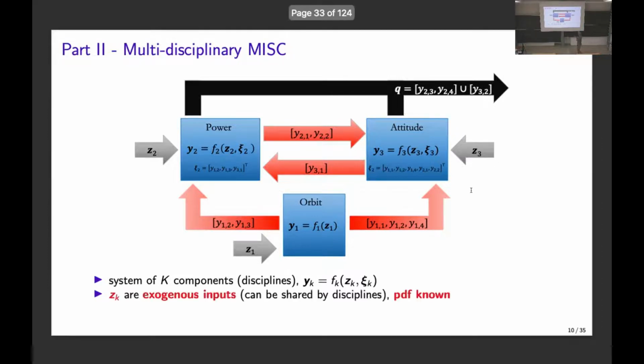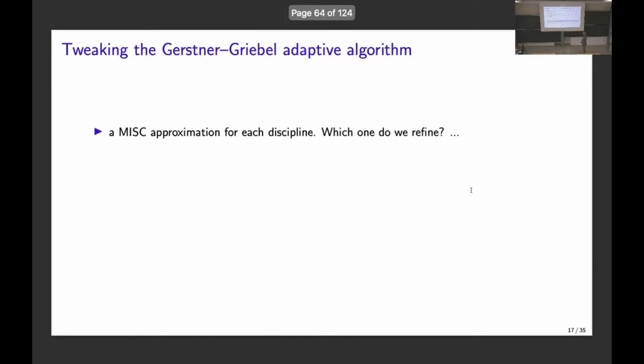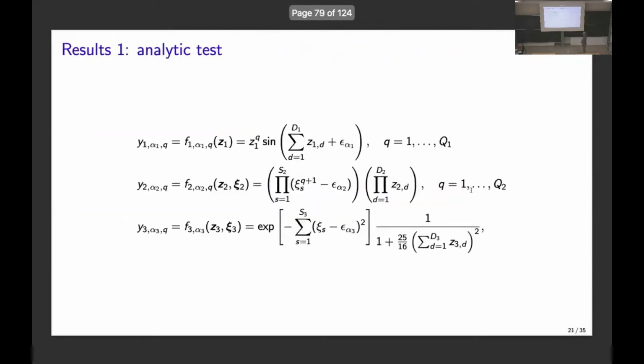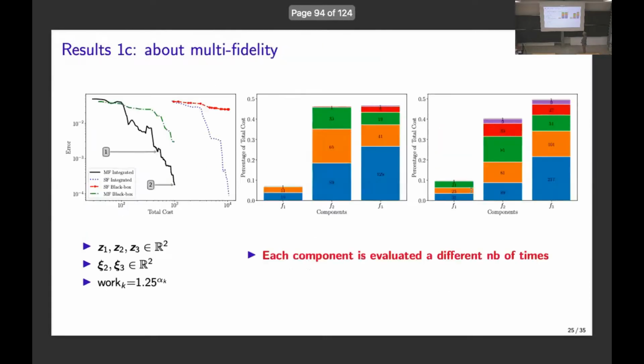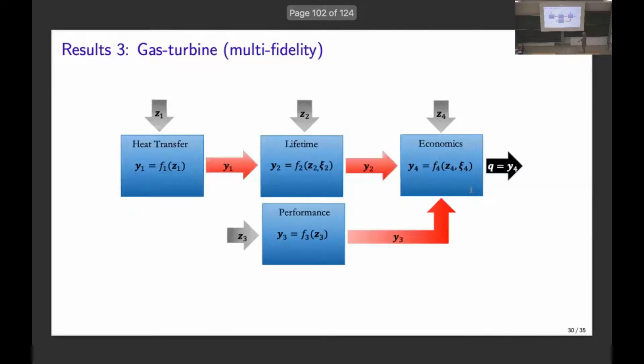I can show you another example. I can go straight forward to the end and show you another example. No worries, I mean, it might be useful. Okay. So here, this one. This is a gas turbine model. So there's a heat transfer model for a blade of a gas turbine. The solution of the heat transfer is the bulk temperature of the blade. I need this information because I want to estimate the lifetime of the turbine. So Y1 is the bulk temperature of the blade.